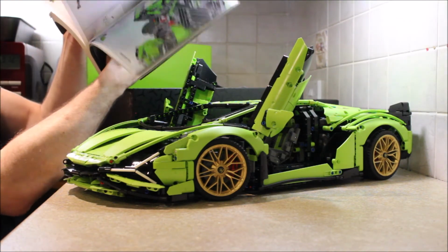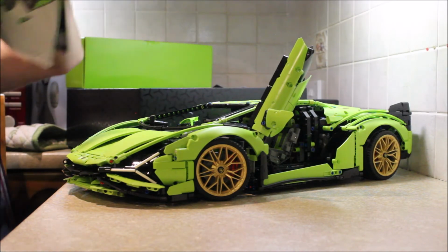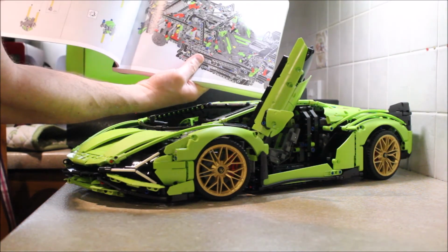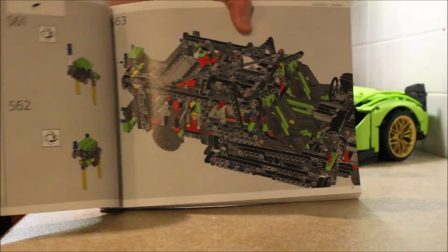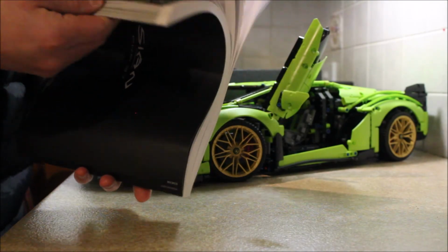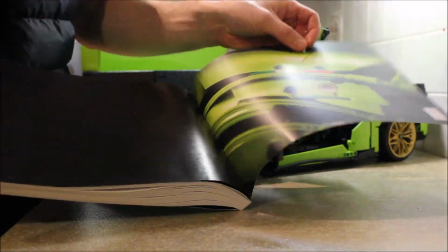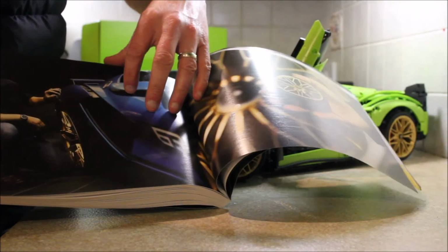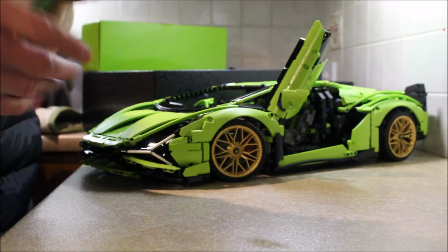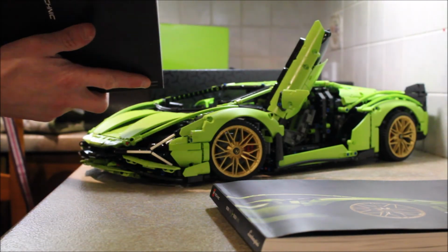And we even have a bit about the history as well. I really should show you this up closer. Hold on. This is actually the second book. You see, I'm not even at the end of it yet, and there's 1,018 pages. Complete a car, page 1084 on the second manual. And the first manual has 499 pages,